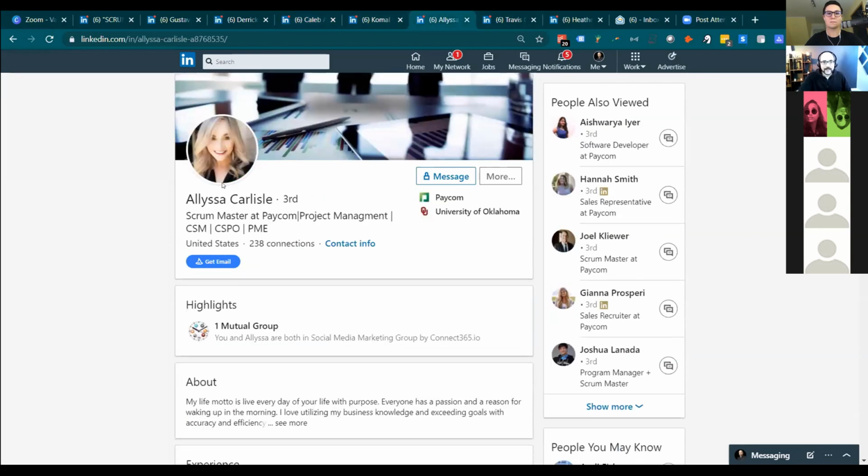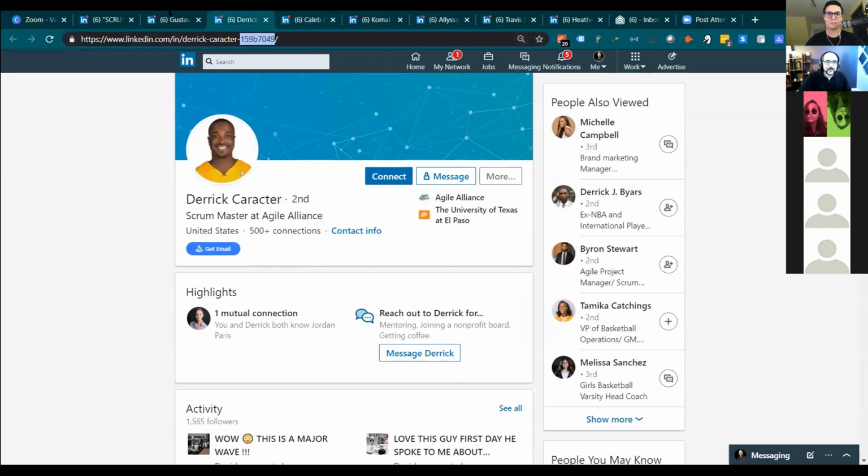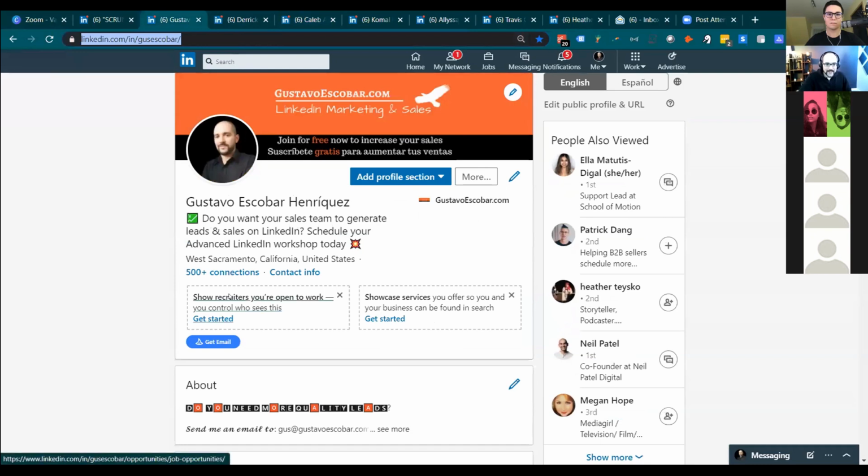If they write Alisa, for example, she doesn't have this symbol, she might answer, she might not. So it is important because they send dozens of emails a week, sometimes even more. They just want to make sure that they get as many responses as possible. For this symbol, you go to your profile and right here, show recruiters you're